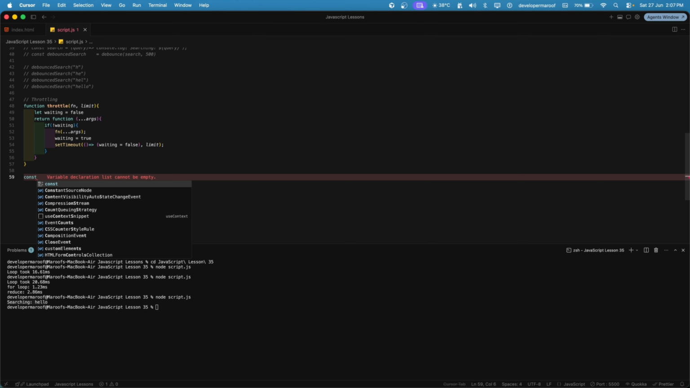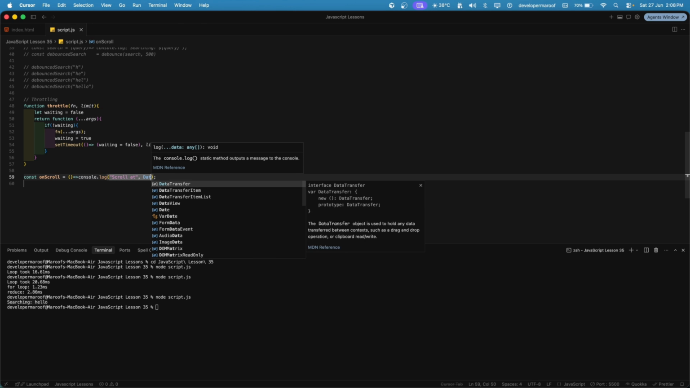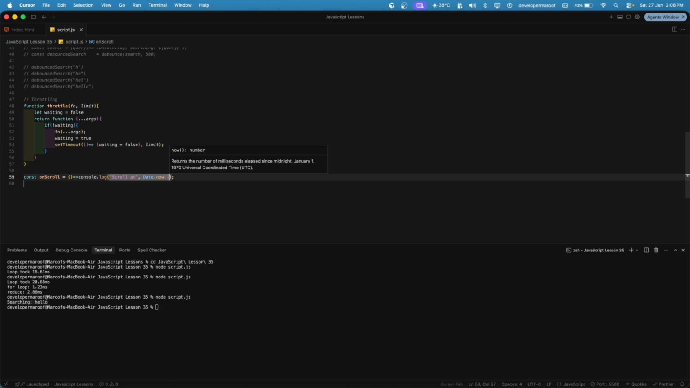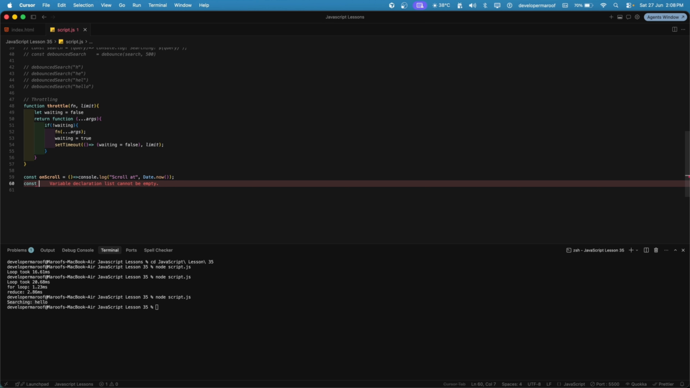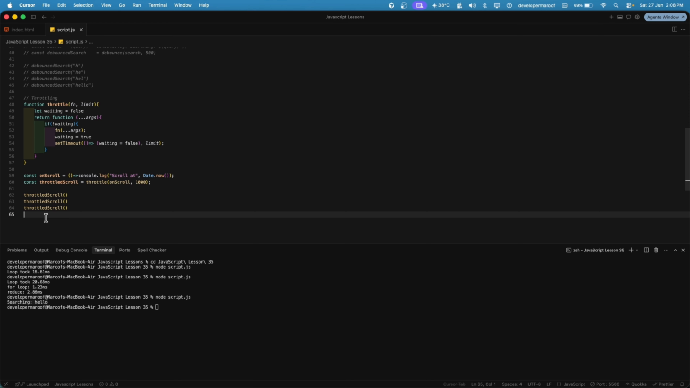So let's create a variable onScroll. onScroll equals a function which will log, let's say, "scroll at", then let's put a date here. And then let's say const throttleScroll equals throttle, onScroll will be the function, and the limit will be 1 second. And now we should call that throttleScroll right here, and let's paste it right here, and let's put a